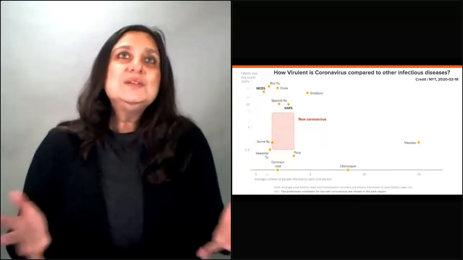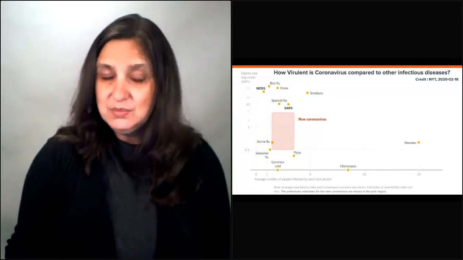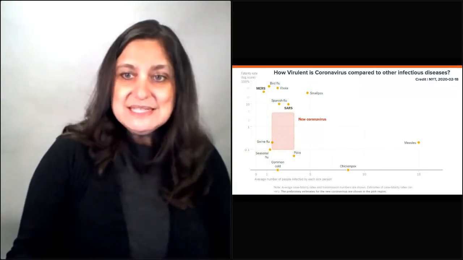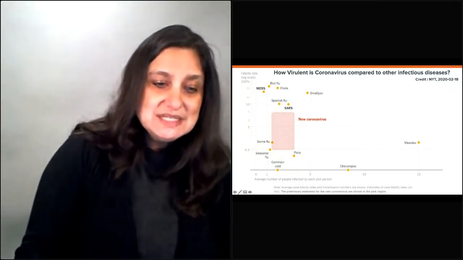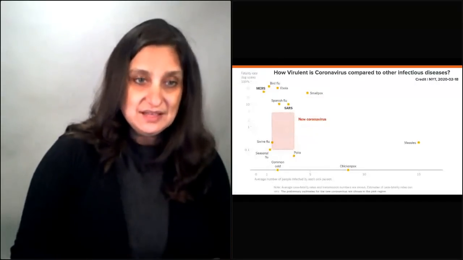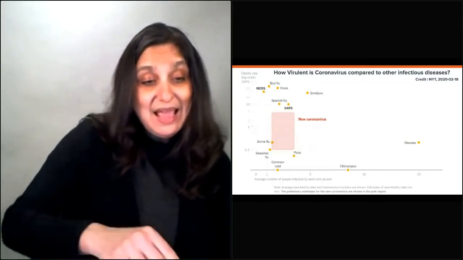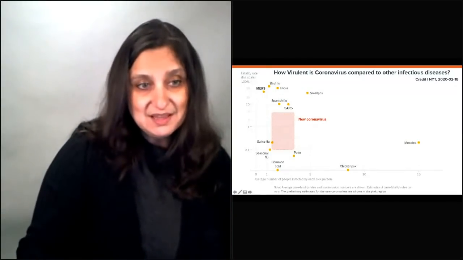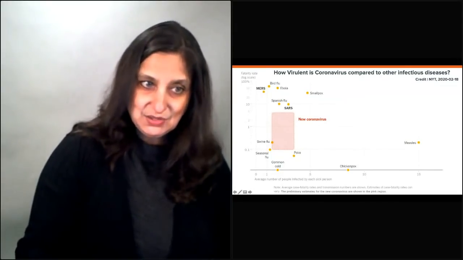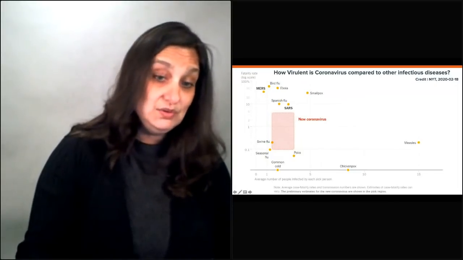So how does this compare to other viruses out there? We've heard people say that this is really deadly. We've heard other people say this isn't any worse than a normal flu. So let's take a look at this graph together. What you see on the y-axis is fatality rate. That is, how easy is it for this virus to kill somebody? And on that axis, it's a logarithmic scale. So the things that are way down at the bottom are not so likely to kill you, but the ones that are clustered here at the top are much, much more likely to be fatal if you contract it.